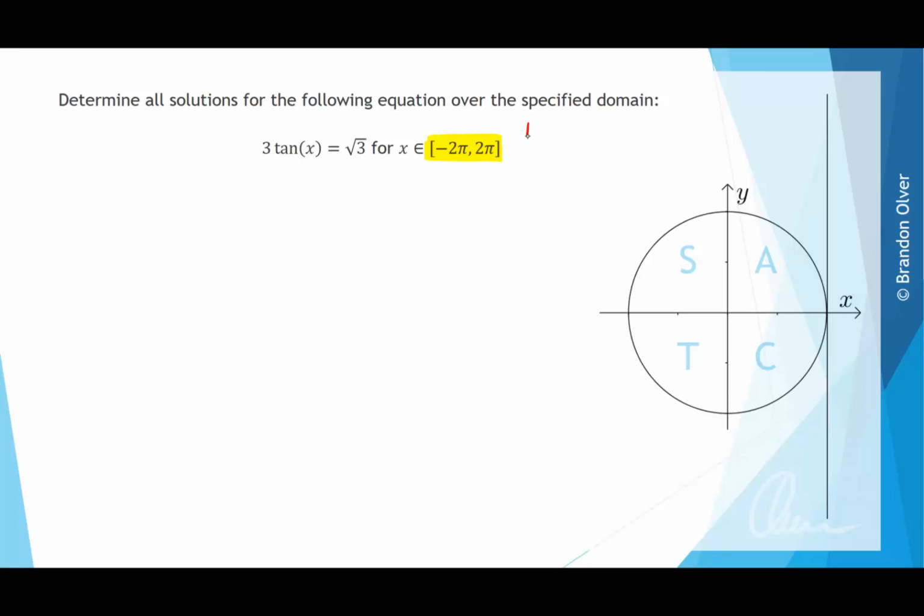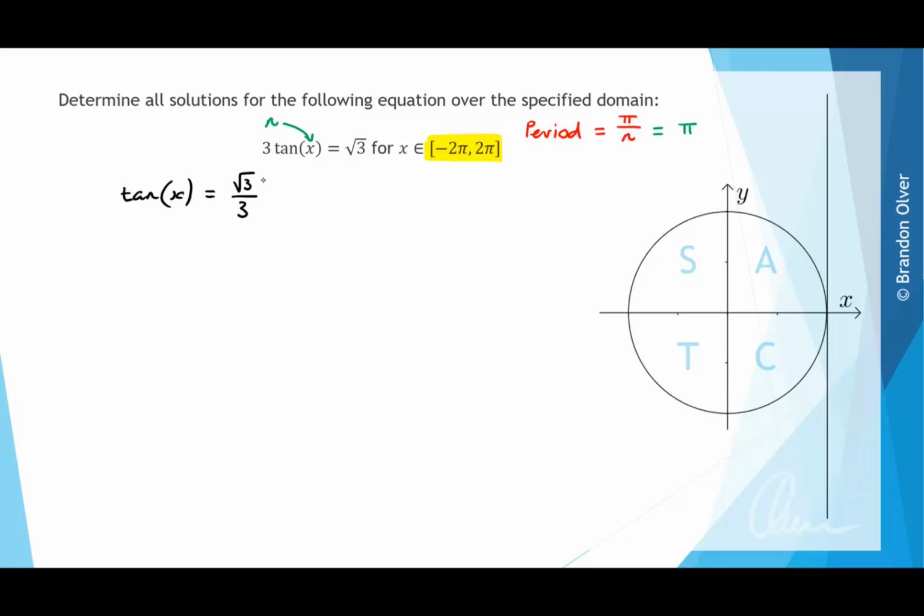And that's because the period of the tan graph is equal to pi divided by n, where n is the value that is multiplied by x. So in this case n is equal to 1, which means the period is just equal to pi, and pi fits into the domain 4 times. So to solve this equation we want to get tan x by itself, so we're going to divide both sides of the equation by 3, so we are in fact solving tan of x is equal to root 3 over